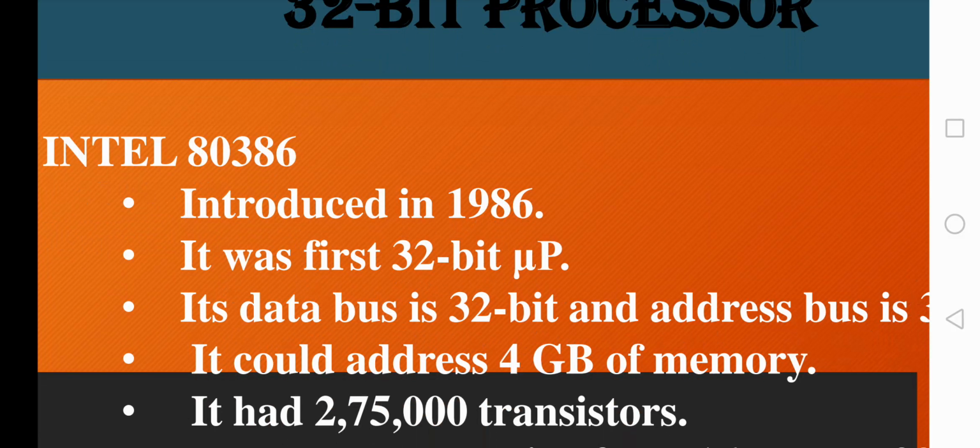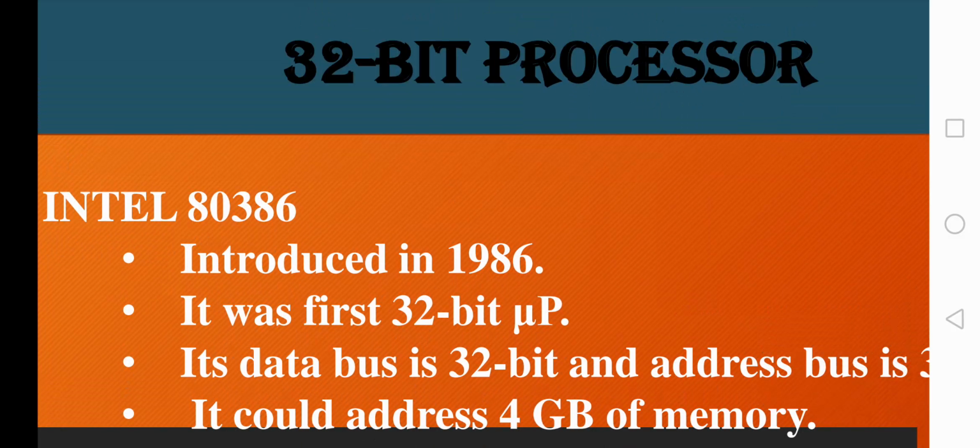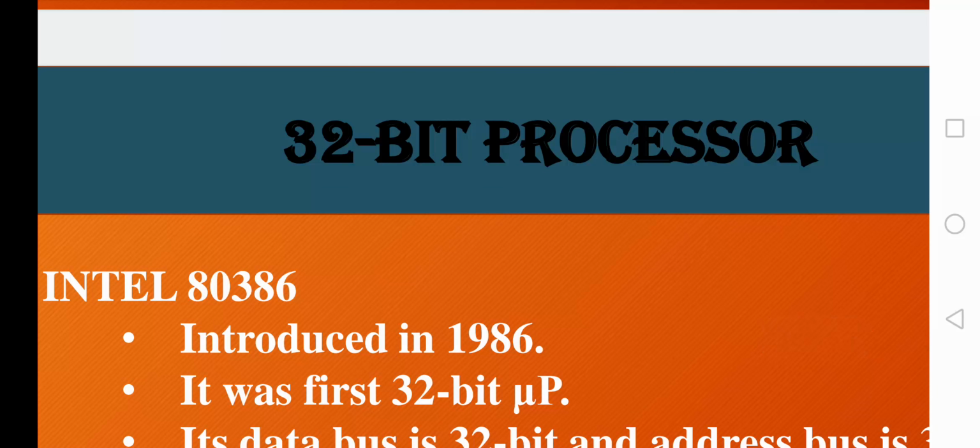Let me recall the firsts: the first 4-bit microprocessor was 4004, and the first 8-bit microprocessor is 8085, and the first